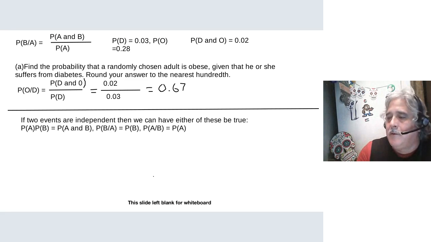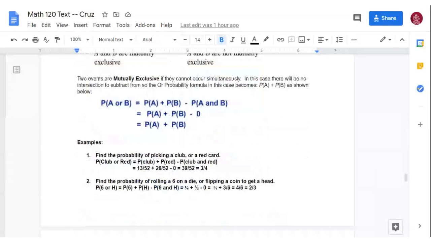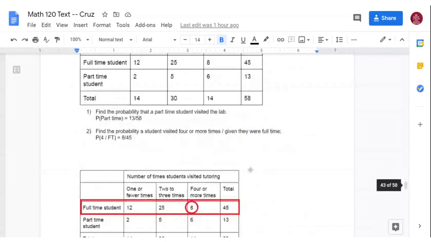All right, but let's just talk briefly about what chapter 12 is all about. Now, the good news is, usually when students get past